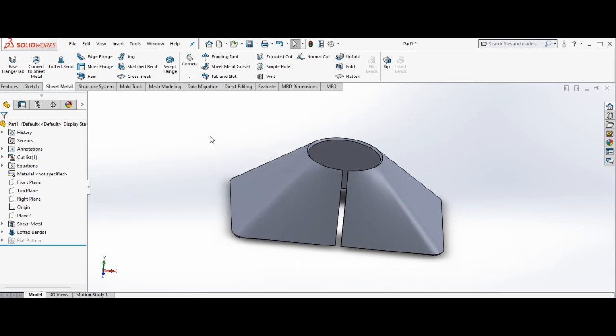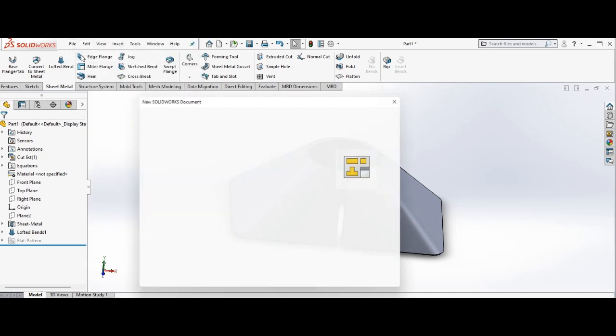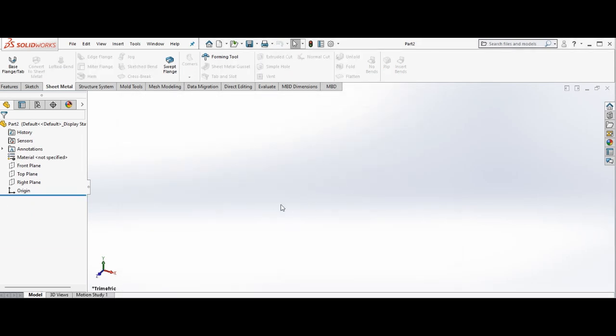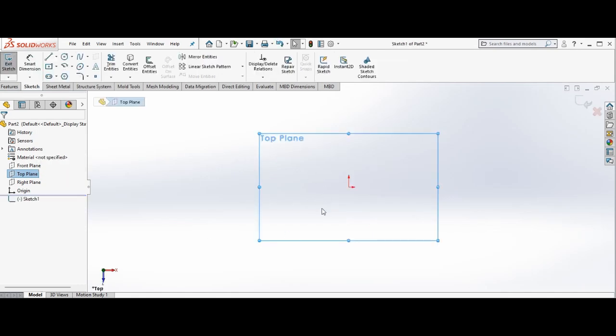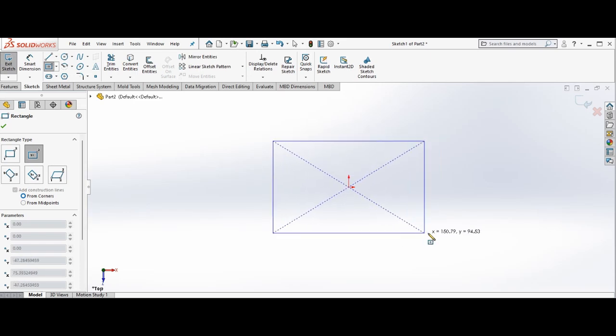As usual, we click File, we click New. Part is already selected, so we have a blank screen here. We come to the top plane, select the top plane here, then select sketch. Okay, we have a top plane here. Under the sketch menu, we'll go to center rectangle, click center rectangle, click on the center here, and draw to an appropriate size, click